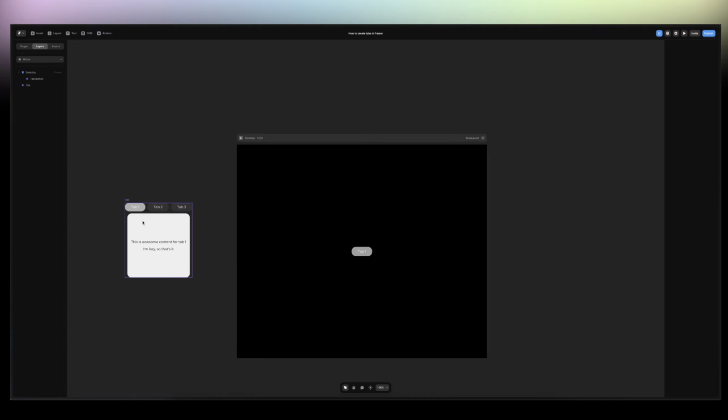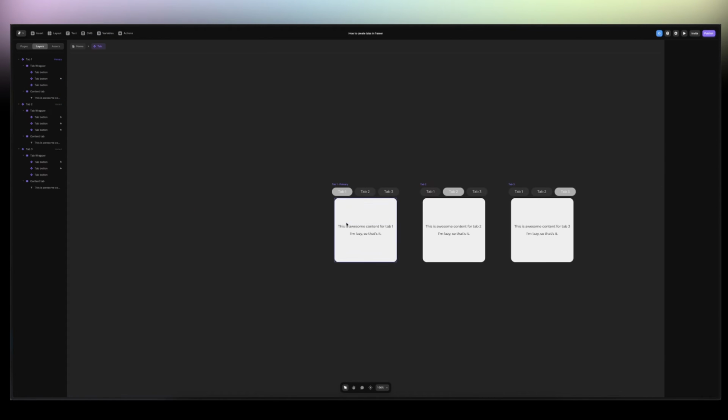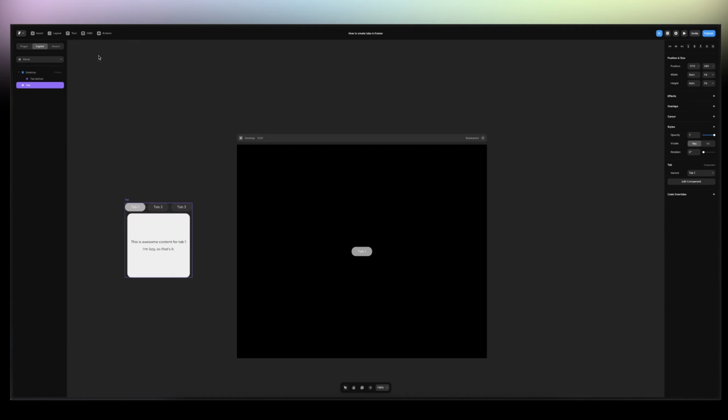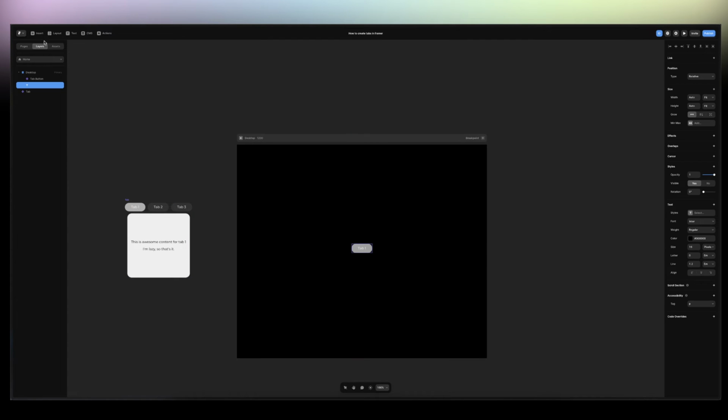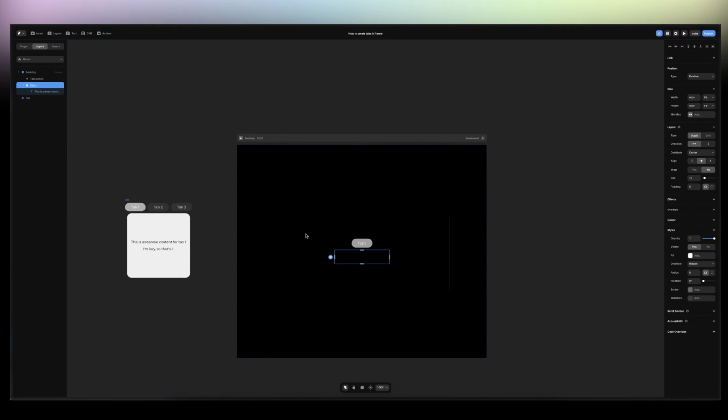Now we want to create the content of the tab. I'm just gonna copy that text here real quick because I'm lazy. So okay, now just click on text, tap it, and then I'm gonna leave it black. What I will do is I'm gonna add a stack, and then I'm gonna add that. I'm gonna give it a fixed width of 300 pixels, even like 500. Let's say 500, and then I'm gonna give it